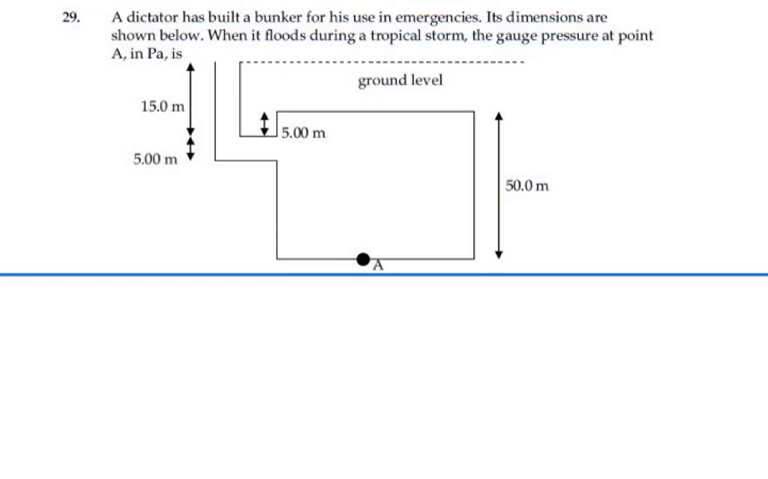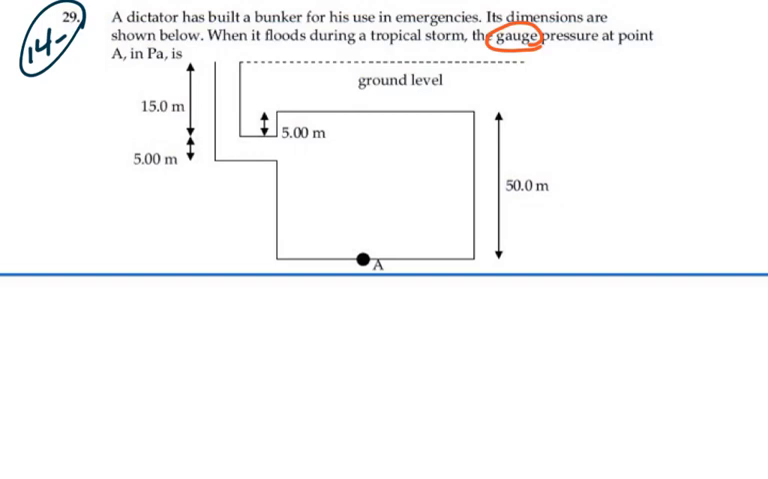Here's problem 1429. A dictator has built a bunker for his use in emergencies. Its dimensions are shown below. When it floods during a tropical storm, the gauge pressure at point A in pascals is, normally if we're talking about a gauge pressure, we're talking about the difference of pressure at some point with relation to another point, usually